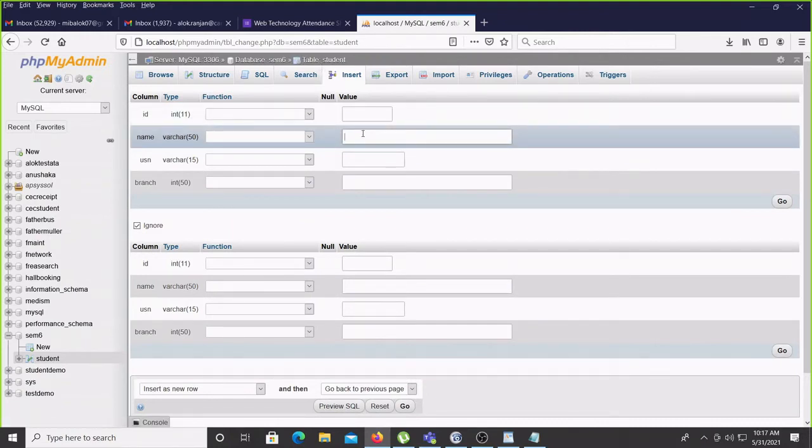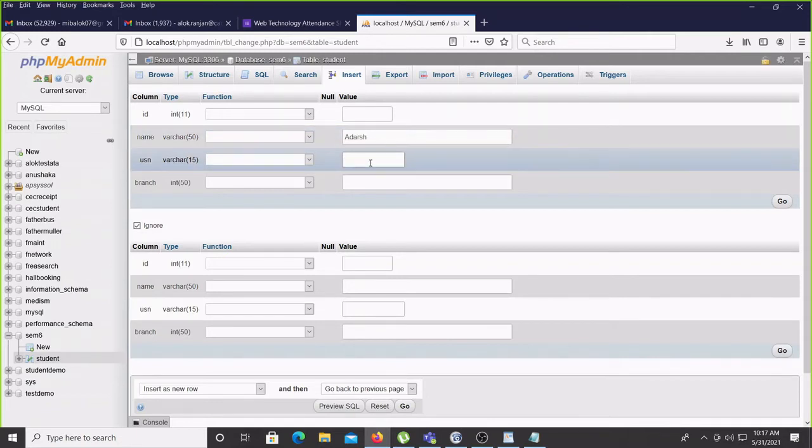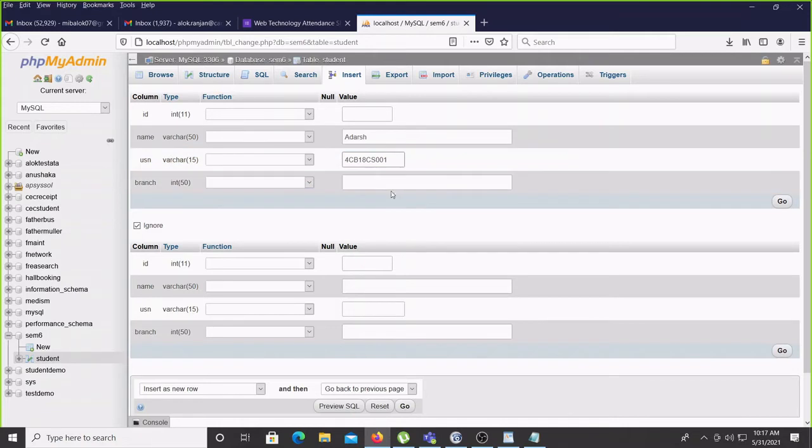Name, I think the first name is Others only. USN 4CB18CS001, I think so. Branch, computer science and engineering. This I added here.